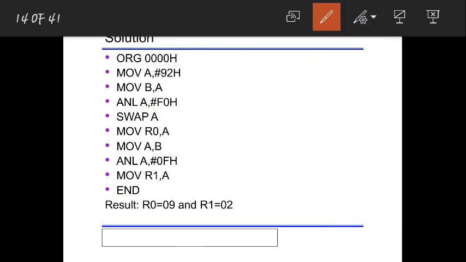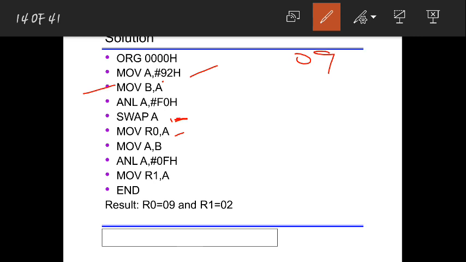We'll see that. Here I moved that packed data to A. Now A is equal to 92, and after moving to A, again this A should be moved to B, because now I'll try to make this 92 into 09, right? After I swap and move everything, A will become 09 here.